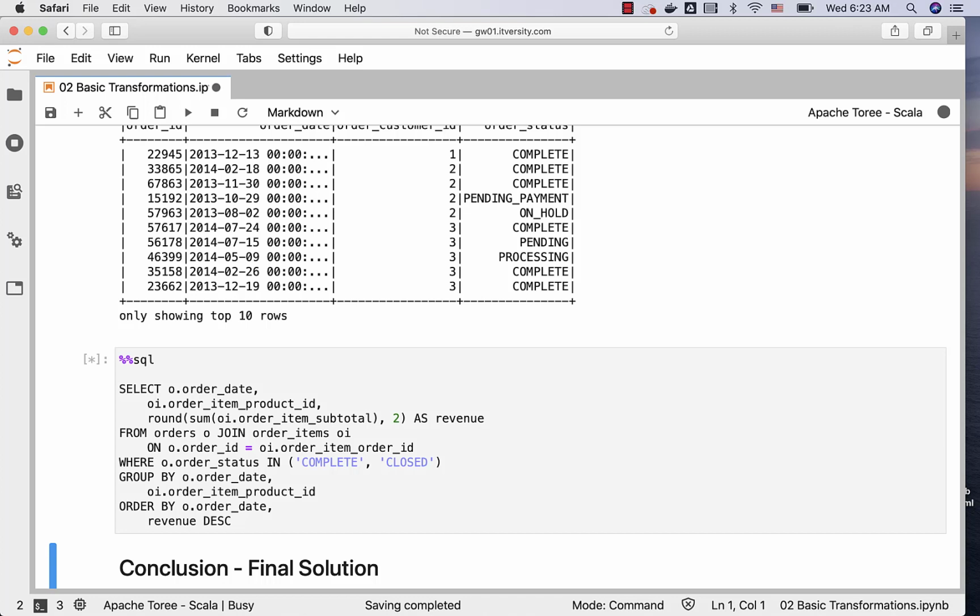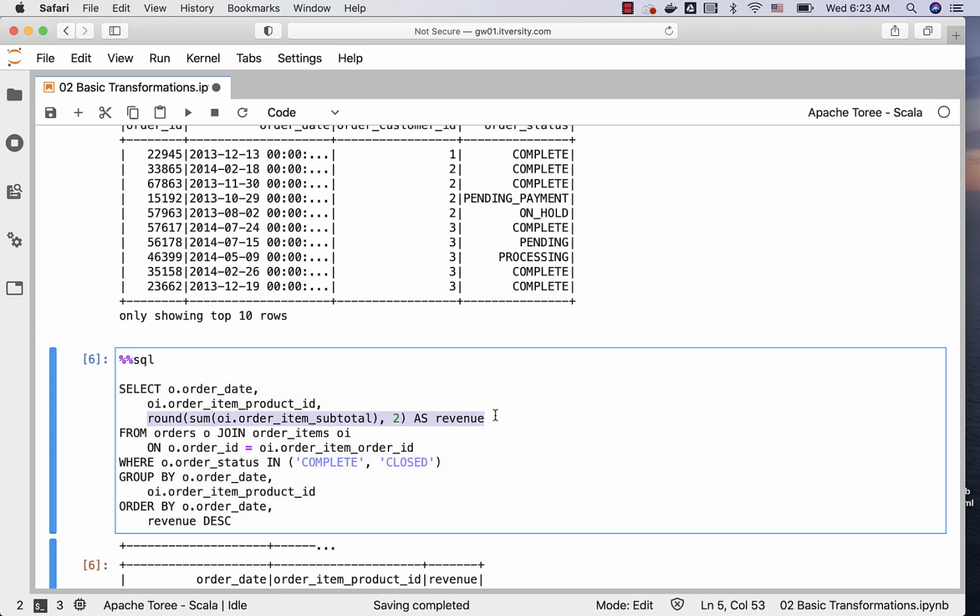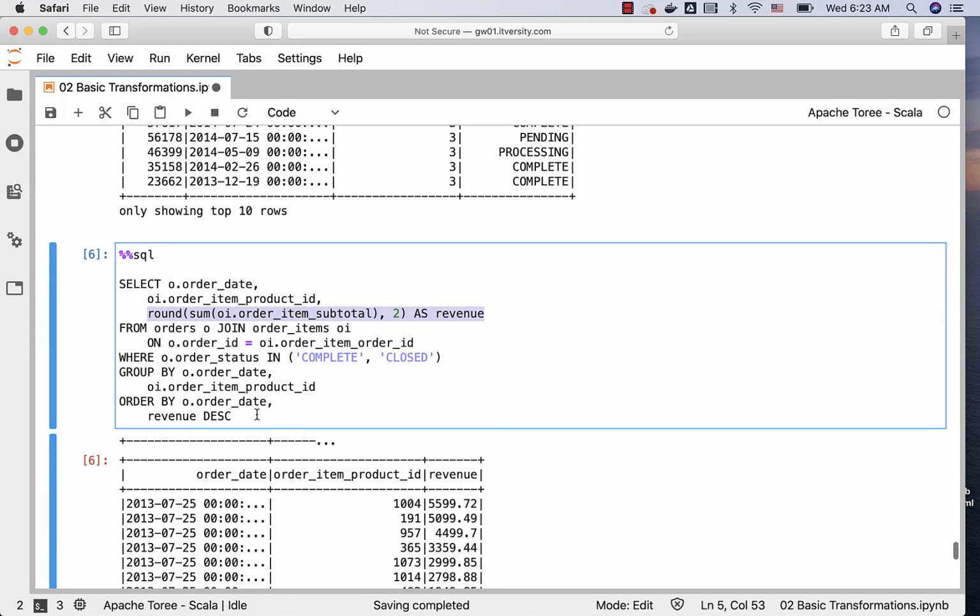The reason why it will work with the order by is that, when it comes to the query execution order, order by will be executed at the last. So it will start with from, then where or join, then group by, then select, then order by. Because order by will be executed at the last, you can use any expression or alias that is specified in the select clause as part of the order by without any issues.